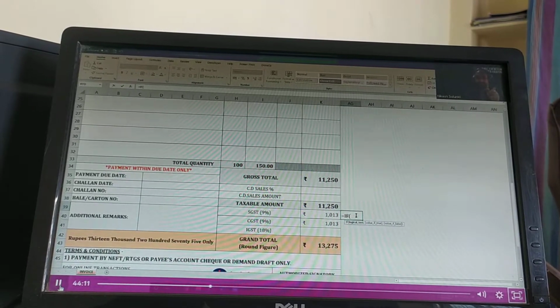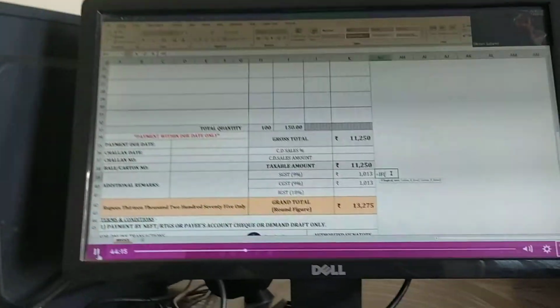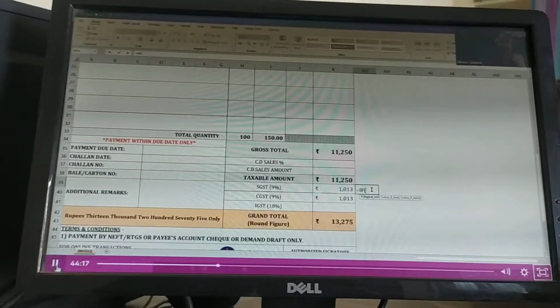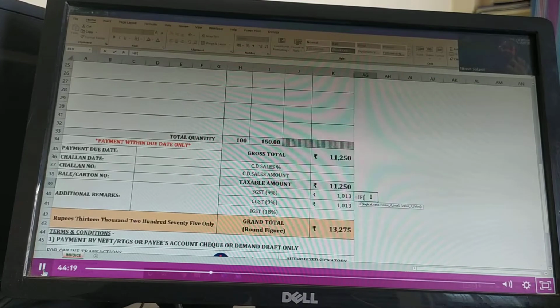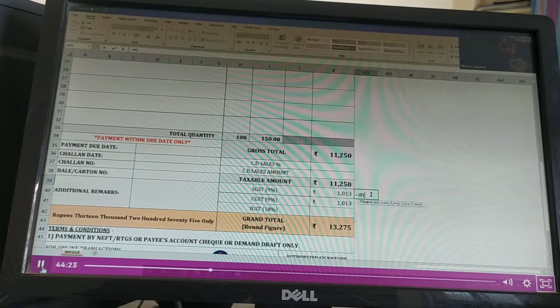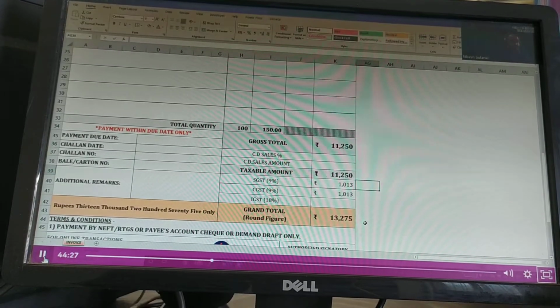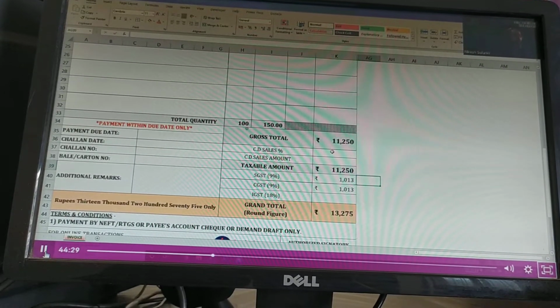So my question here is, I'll repeat in Hindi. मेरा question ये है, अगर buyer और seller states different है, तो मेरा GST pattern change हो जाएगा, right? This I want to automate. ये मुझे automate करना है. So we'll go ahead and I'll try to explain you the if conditions now, right?